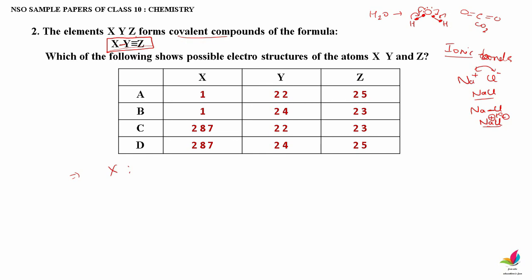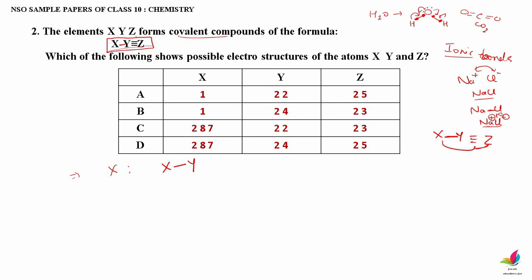Now in the given formula, that is X single bond Y triple bond Z, you can clearly say that X is linked to Y and there is no connection between X and Z, correct? So X is linked to Y only. There is no linkage or connection between X and Z, so no need to take Z now. We are analyzing for X, so we need to consider the atoms that are attached to X. So it is only Y. Now X is attached to Y through a single bond.